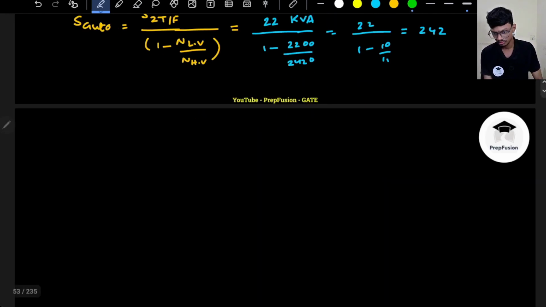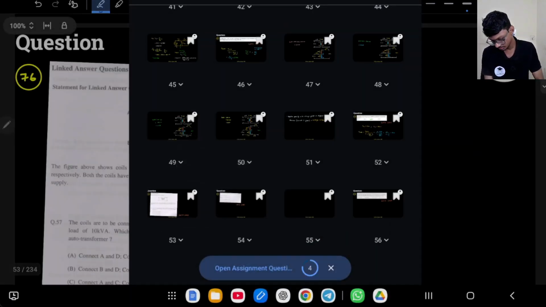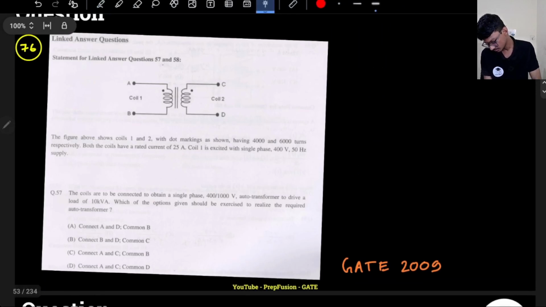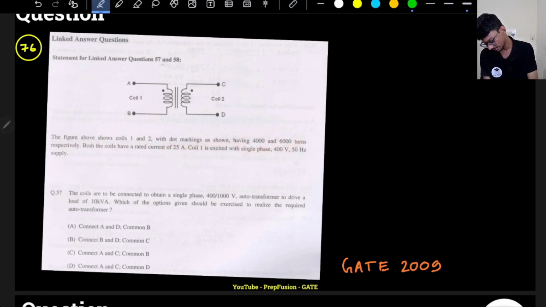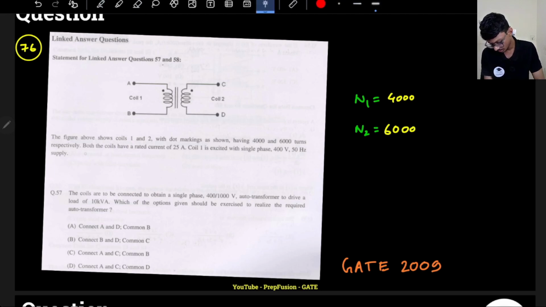Now let's solve the next question. So here I can delete this page. Here we have this statement linked question. The figure shows coil 1 and coil 2, with dot markings, having turns 4000 and 6000. So N1 is 4000 turns and N2 is 6000 turns. Both the coils have a rated current, the maximum current that can flow, I rated,